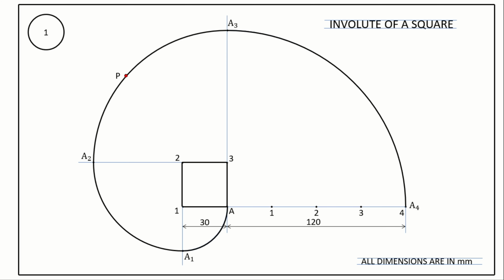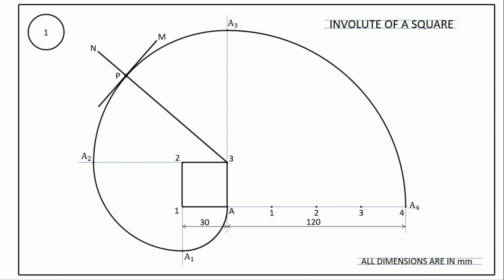So from this point 3 on the square, draw a straight line joining P. The end point is N. So PN is the normal to the curve. To this PN line, draw the perpendicular line using a protractor passing through the point P. Mark the end point as M. Here PN and PM, both the lines are perpendicular. PN is the normal to the curve and PM is the tangent to the curve.